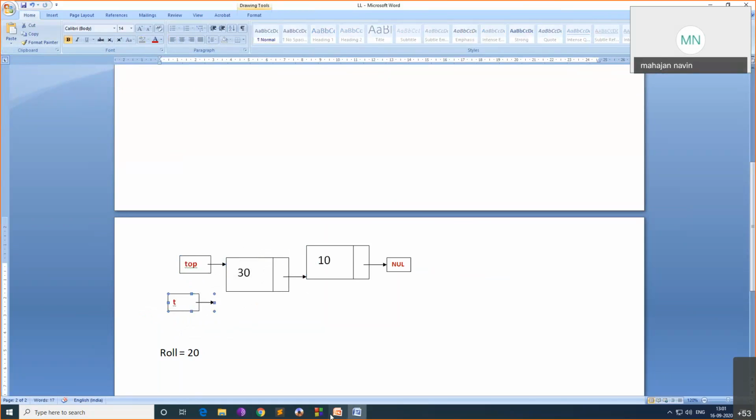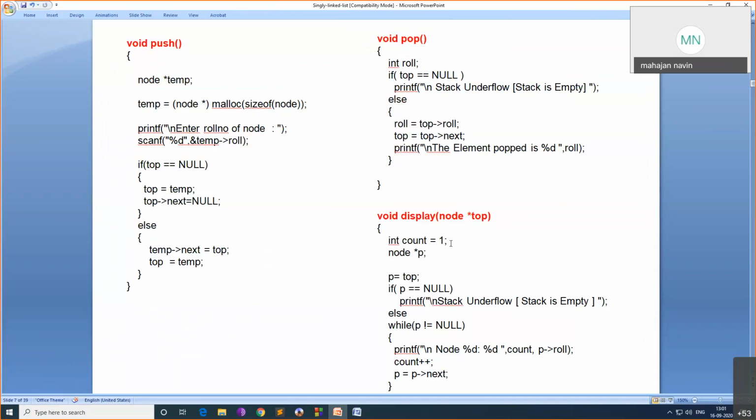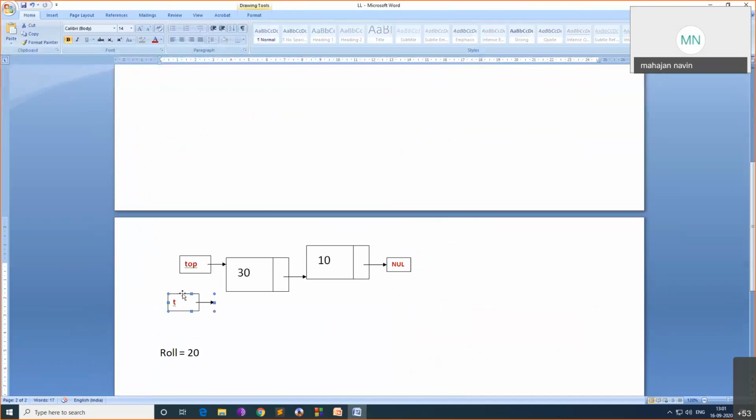See what is happening here: the node pointer p equal to top, then I will change p, I'll never change top. Here you want to print the element, so you get the top pointer. Now I will take a temporary variable p, I'll say p equal to top, which means both p and top will point somewhere, and I will just change p. I will see whether p equals null, no, not null. So print the element, and p equals p of next. So p will go to next, again p will go to next. You will keep on moving till it comes to the end, and you print all the elements.